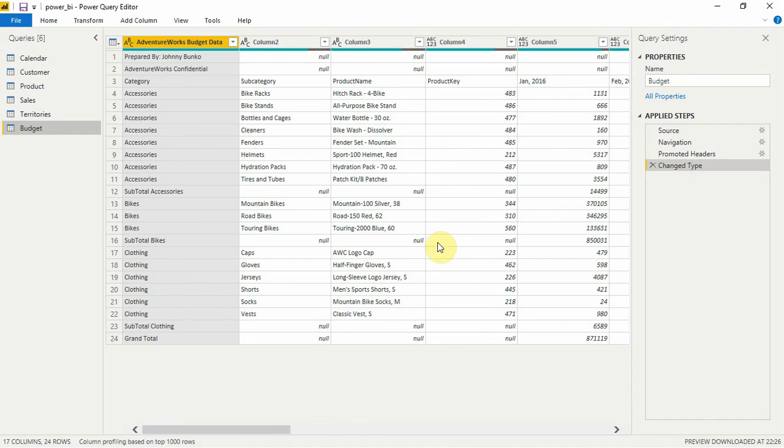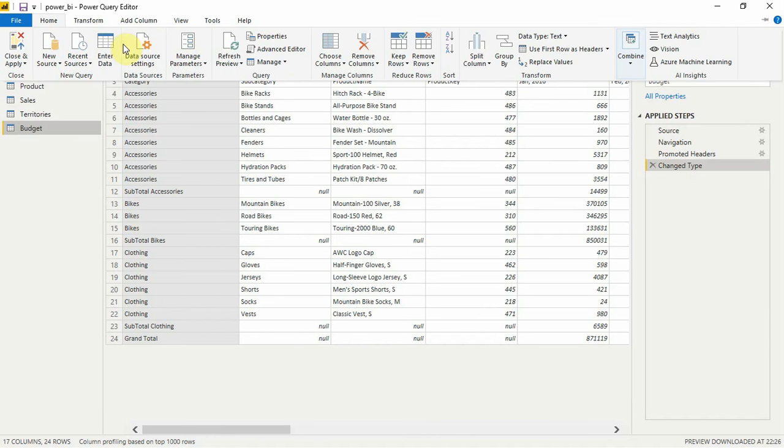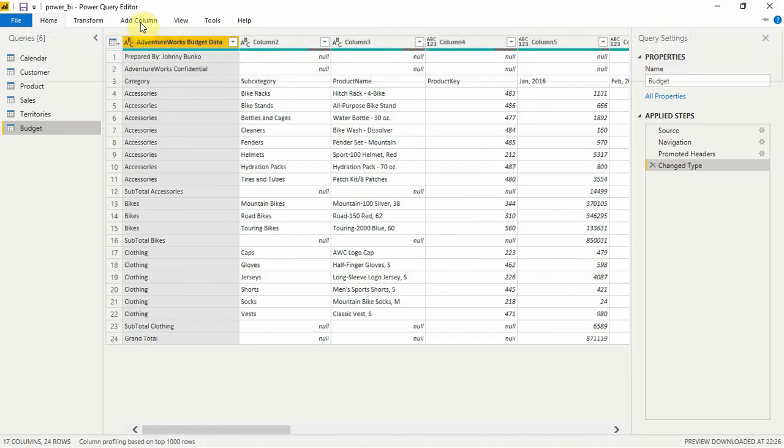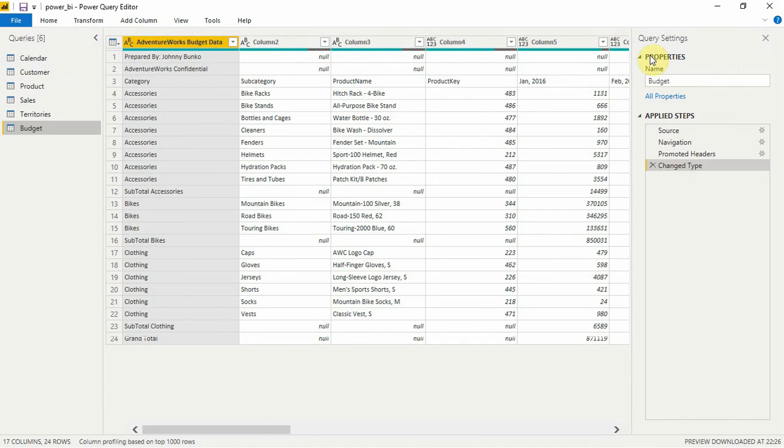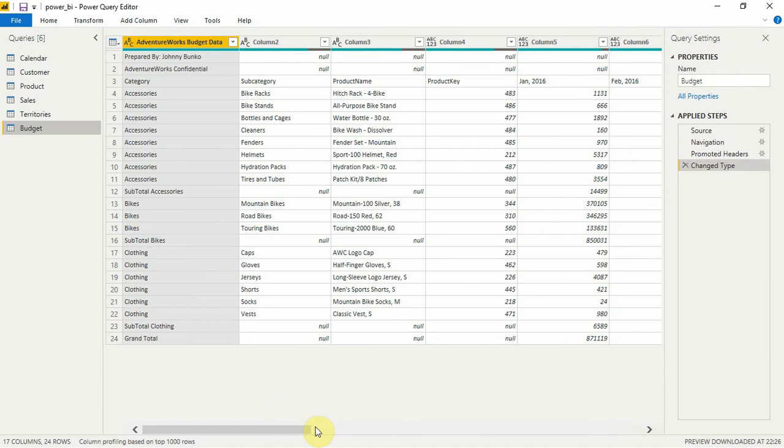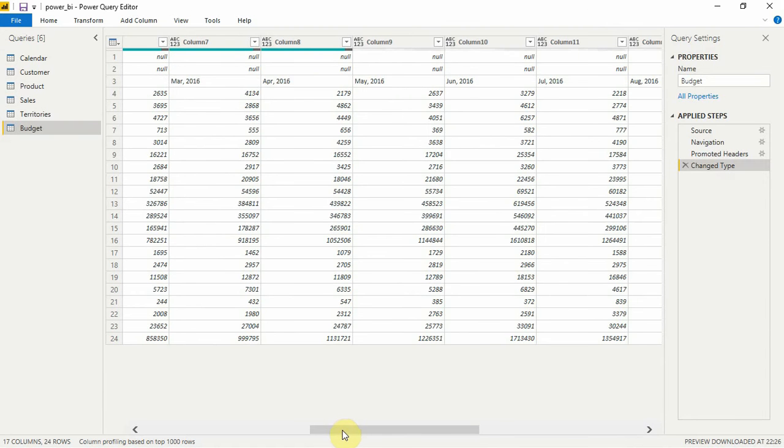So this is one of the most important things in Power BI. Okay, so this is the kitchen of Power BI. You have all the tools here that you need to transform data. You have transform, you have column. So I'll leave it up to you to explore this. But this is what we need. This is all we need to clean our data, as I'll say. Okay, so let's start cleaning our data.